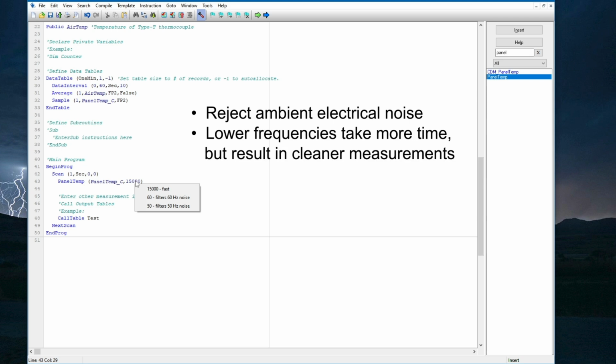Lower fnotch frequencies take more measurement time, but result in cleaner, less noisy measurements. So, if fast measurements aren't needed, it's a good idea to choose a lower fnotch to filter out as much noise as possible. Since I'm in North America, the best fnotch to reduce noise is 60 Hz, because the AC power lines in North America deliver power at 60 Hz. Power lines result in a lot of electrical noise, so I will get a cleaner measurement if I can filter out that noise.